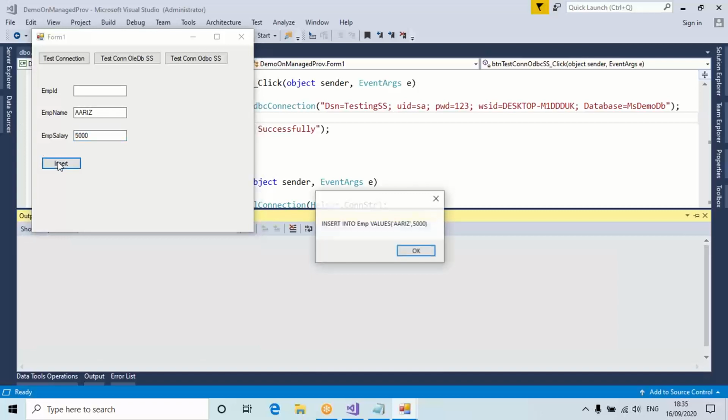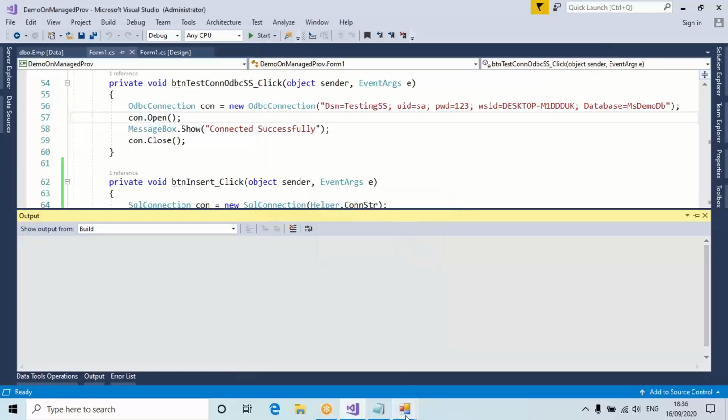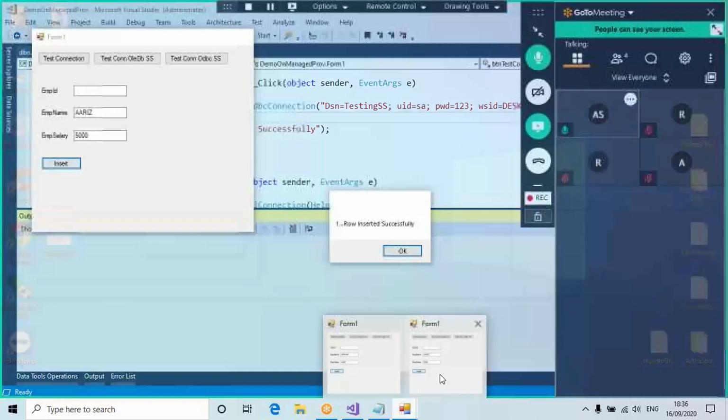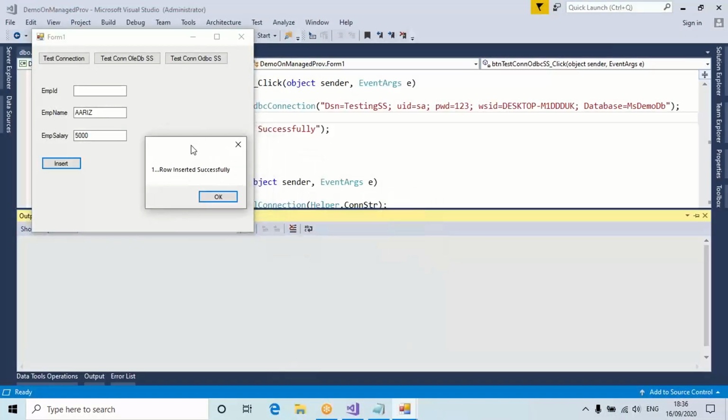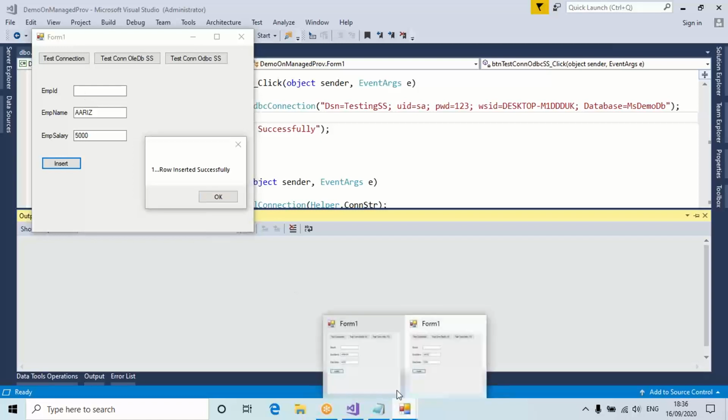Click on insert. Like this data is going. Okay. Yeah, one row inserted successfully. It means for this employee, ID what is there in the table is 5. 5, 5. And for this previous data,